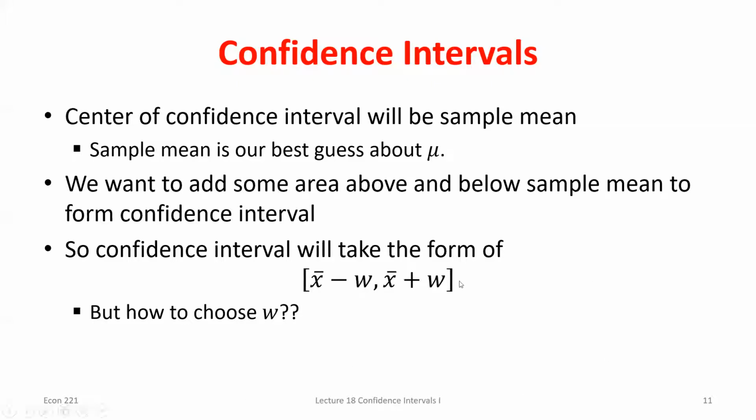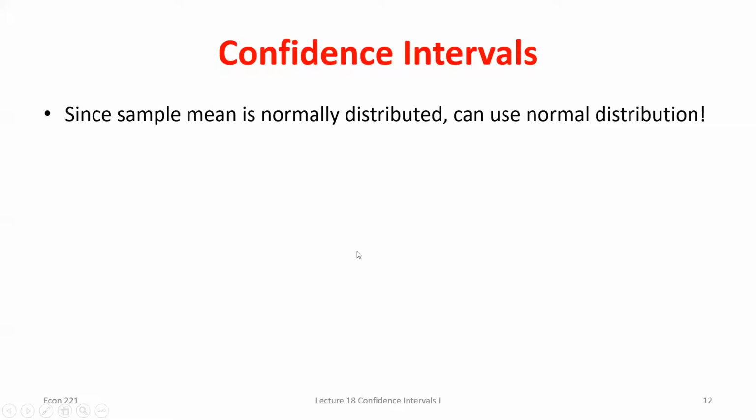But how did I choose W, or how should I choose W? I didn't do it the correct way in this setup, but there is a way in which you can guarantee that you can say something with 90% confidence if you choose W following a certain procedure, a certain kind of steps. So we're going to have to go back a little bit. One thing that's really helpful in choosing that W to go above and below the sample mean I saw is that we know the sample means are going to be normally distributed.